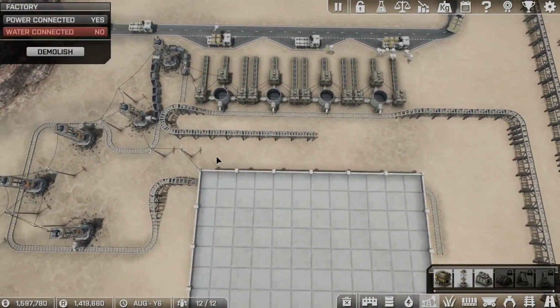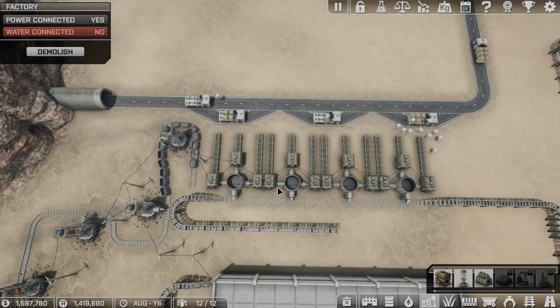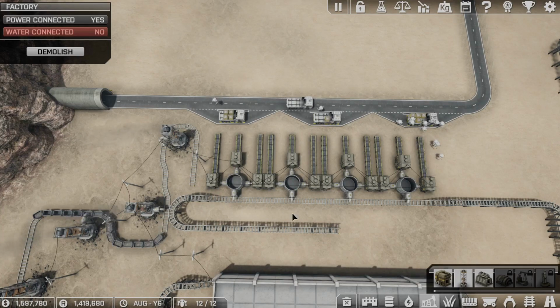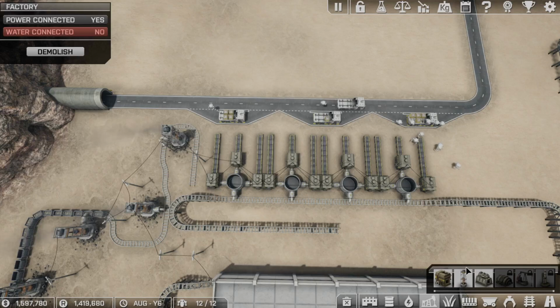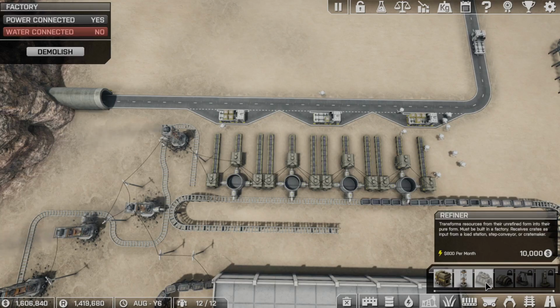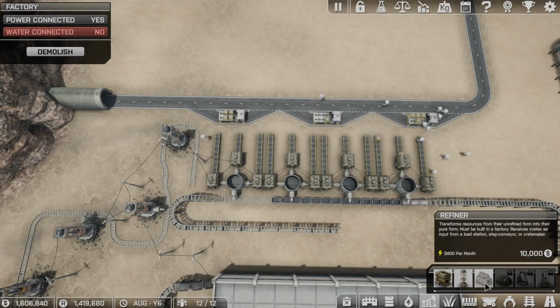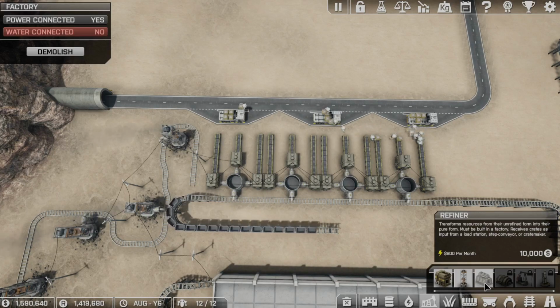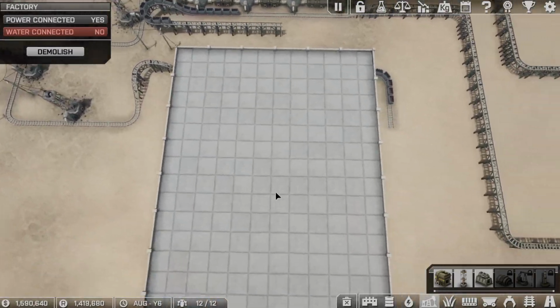Okay, so there are other ways to do this, right? One of the easiest things to do would be put it inside a factory, and then we can run these things through refiners. Right. Okay, so then